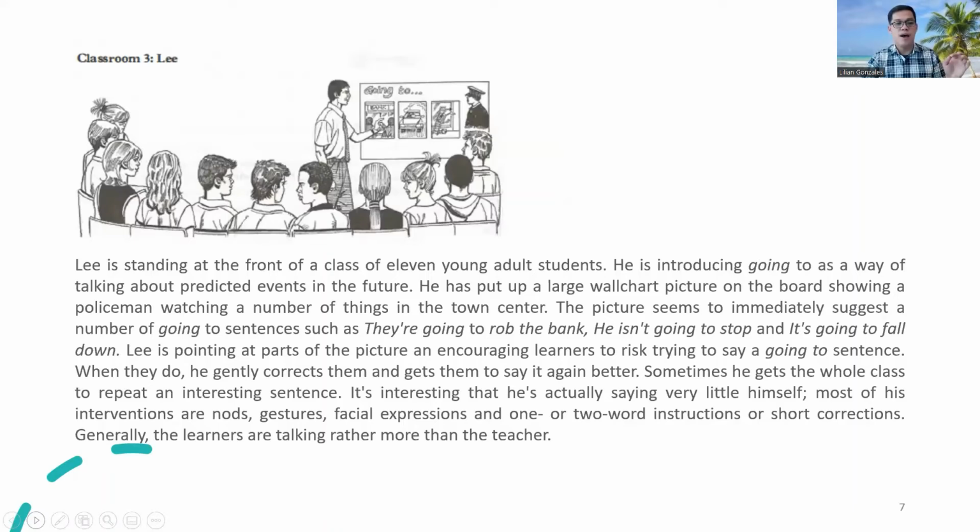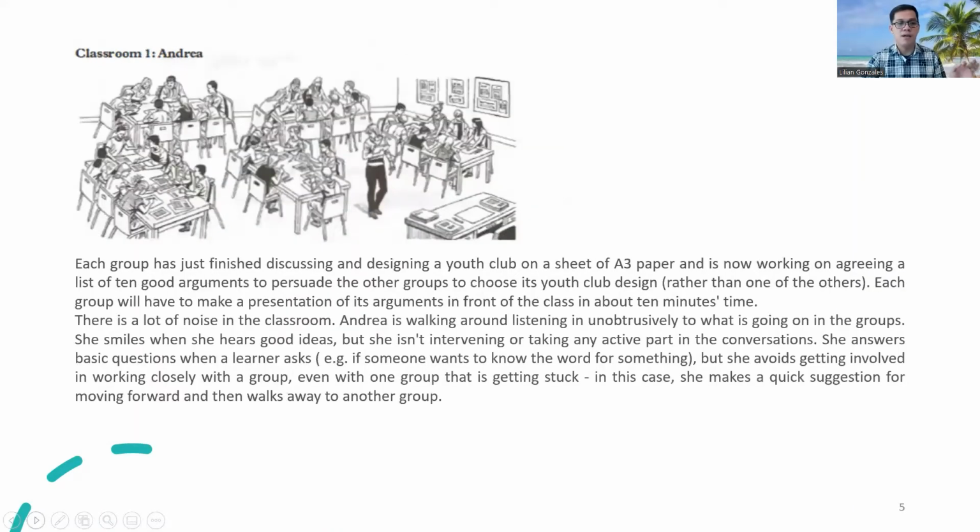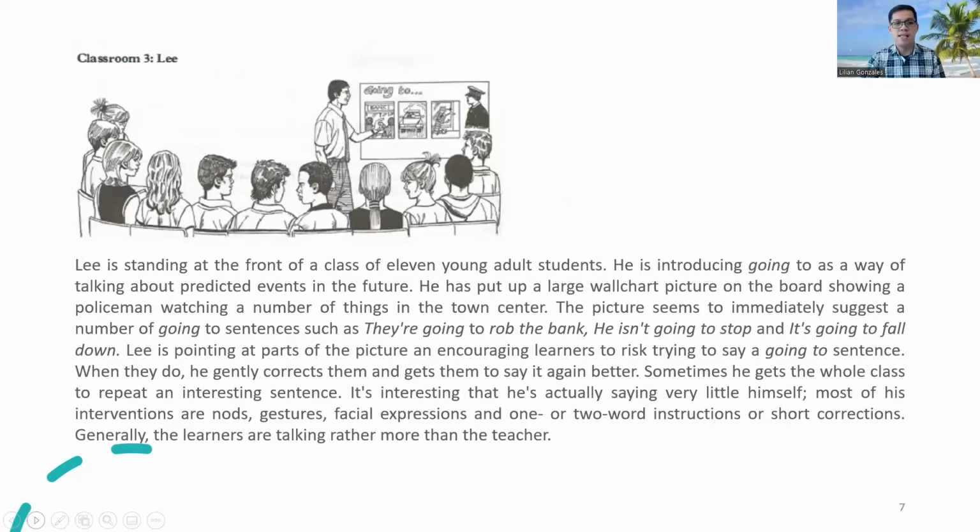Okay, so you have, do you remember? Andrea, Maya, and Lee. Lee is standing at the front of a class of 11 young adult students. He is introducing going to as a way of talking about predicted events in the future. He has put up a large wall chart picture on the board showing a policeman watching a number of things